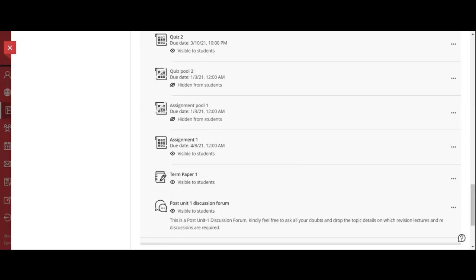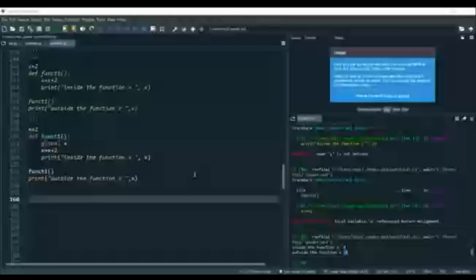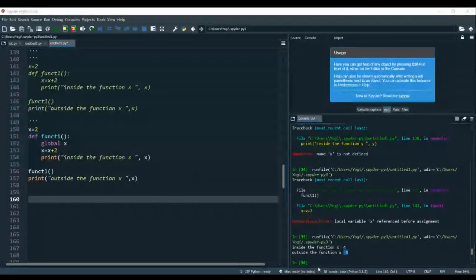So now let me share the platform again with you. Okay, so we are done with the function part. If you still have any doubt, you can ask related to functions: what are user defined functions, how we are going to create them, and what are the different types of arguments.